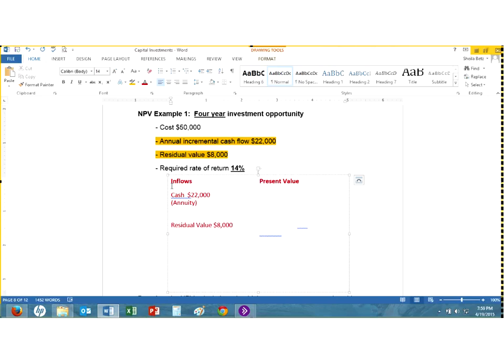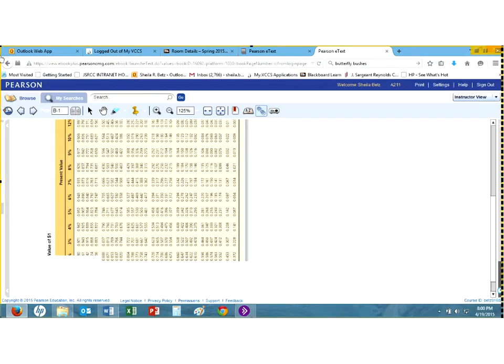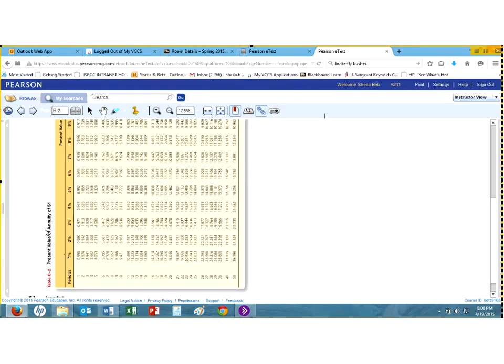So we're going to go to that table, Appendix B. But now when we go to it, we're going to go to table B-2. The reason I'm using table B-2 is because it says present value of an annuity. I use this table when I'm looking to find the present value, in today's terms, of money that's going to happen every year in the future. So it's happening multiple times. It's not just a one-time dollar amount.